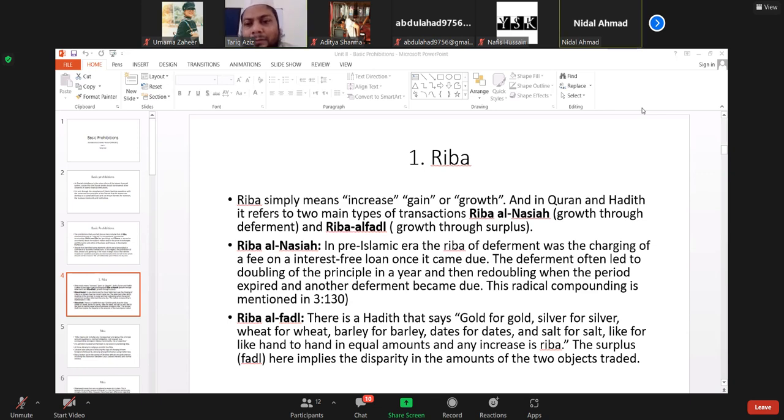Yes, sir, that is true. But in the case of currency, if we are taking a loan in currency and we have to return it after a few years, it should be matched to the value. By that logic, we can say that some amount of interest is justified.